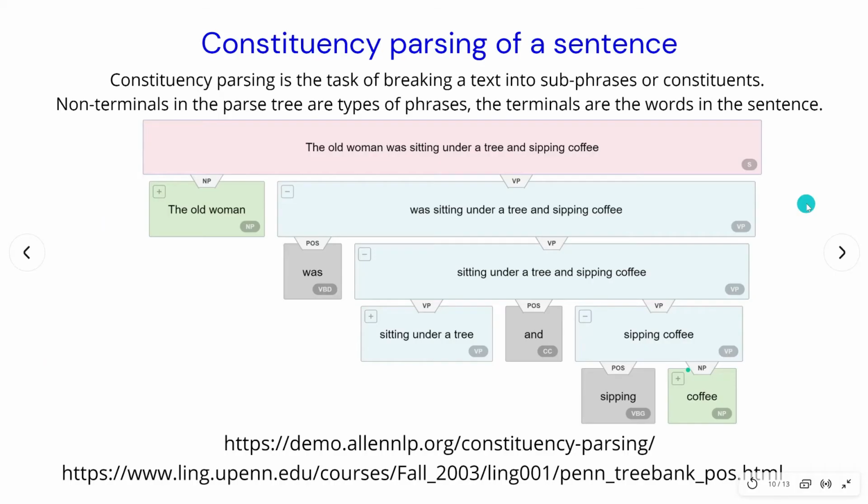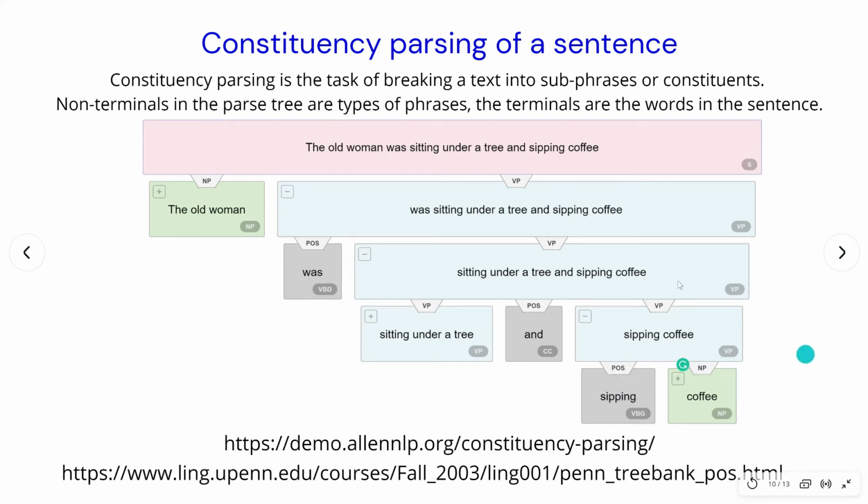You can read more about constituency parsing here, and this is also a neural model that is trained. So we will be using the Allen NLP parser to take any sentence and split it at the ending verb phrase or noun phrase and generate alternate endings.